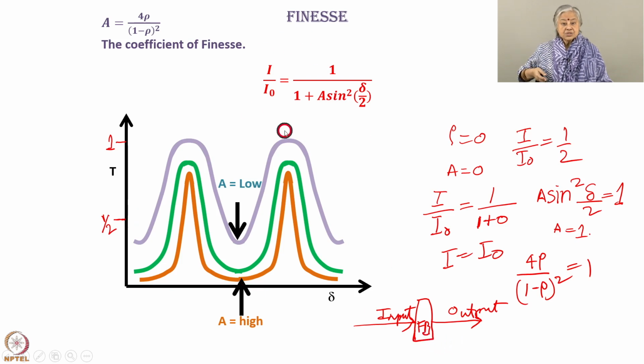So, this was the consequence of the interference between all those multi-beam waves, and as a result of that, we are getting some output. And what we find is that the output depends on the reflectivity of the inner surfaces of the Fabry Perot, which is given by the finesse. So, depending on the finesse, my transmission will be 0, half, 1 or anything in between. I would want it to be 0 or I would want it to be 1, because that gives the best